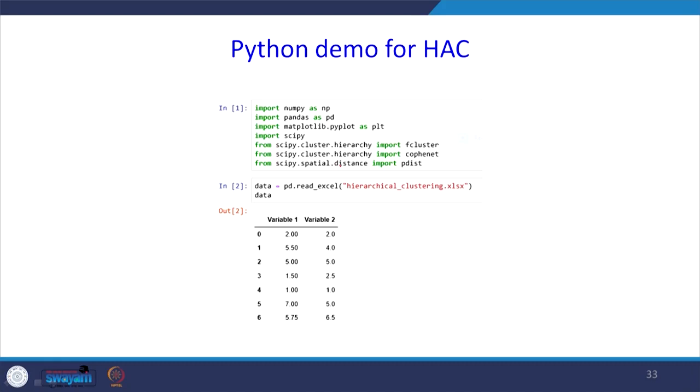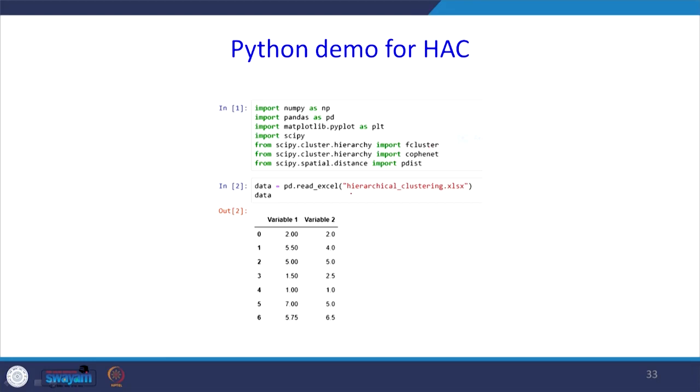Now, let us see how to do this agglomerative hierarchical clustering method with the help of Python. So, we have imported the libraries: import numpy as np, import pandas as pd, import matplotlib.pyplot as plt, import scipy, from scipy.cluster.hierarchy import fcluster, from scipy.cluster.hierarchy import cophenet, from scipy.spatial.distance import pdist.